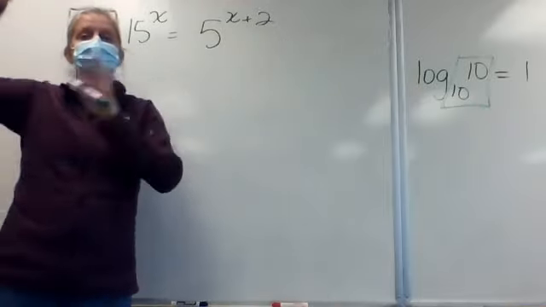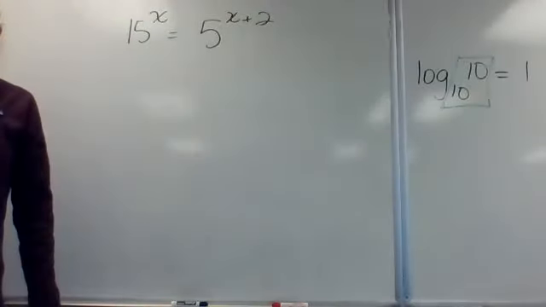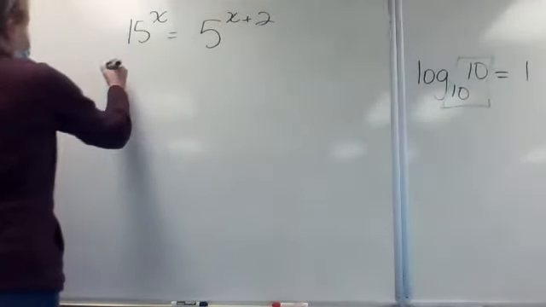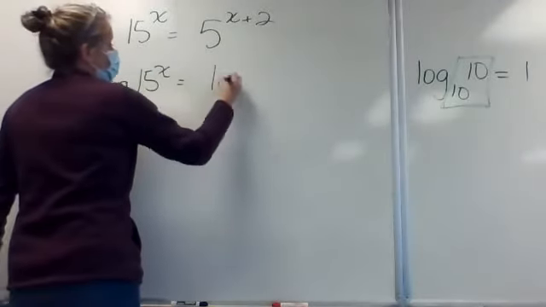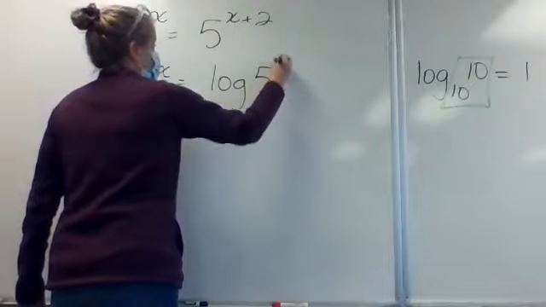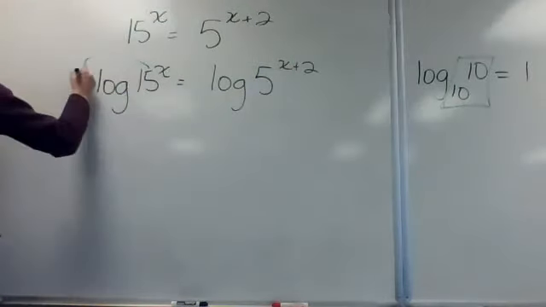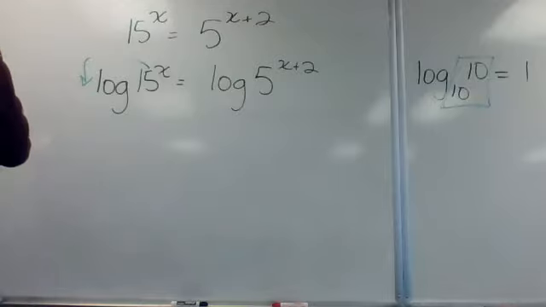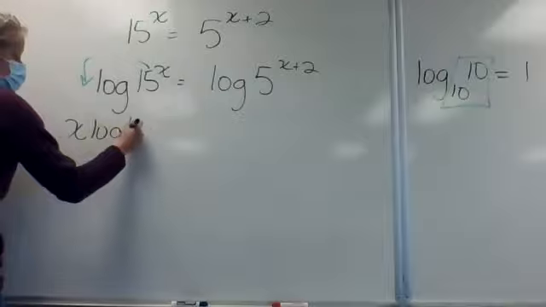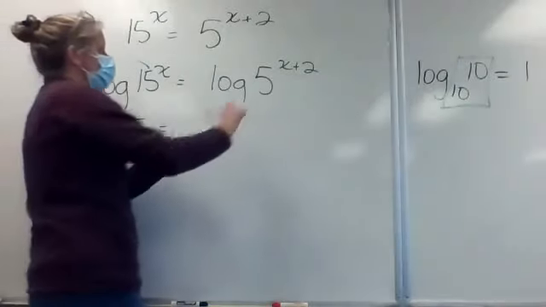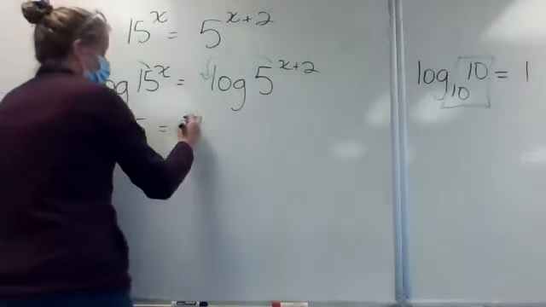Because I'm going to have to log both sides, right? Because I can't turn 15 into a base of 5. So when I log both sides to bring the exponents down, on the left side, I just have that one term in the exponent. So I'm just going to bring the x down. But over here, I bring down both of those, x plus 2